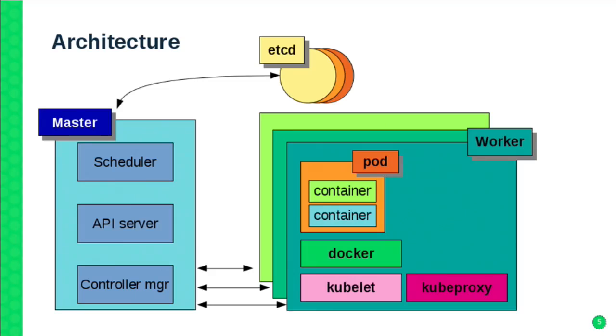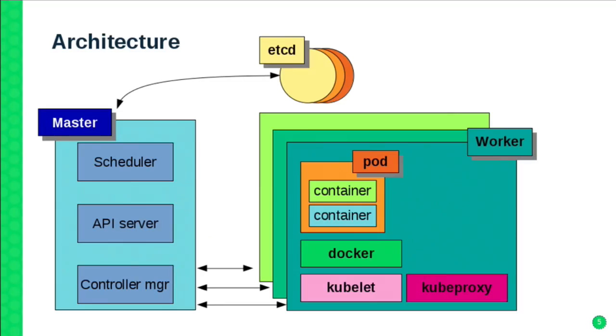Then you have 1 or more masters, depending on your HA requirements. The master is running 3 Kubernetes-related processes. The master is basically the brain of the cluster. On the master, you run the scheduler, which takes care of figuring out where a certain container that you want to run is going to be located. It makes the decision based on different parameters and different statistics that are taken live from the system.